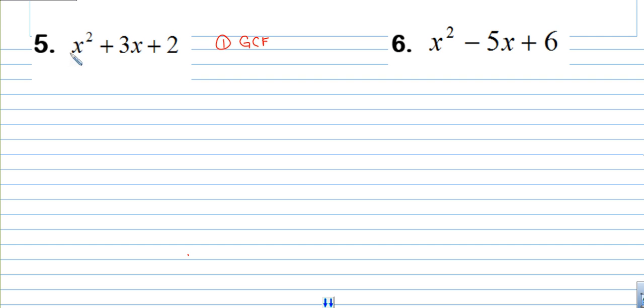Now, if you notice, there's no number in front. If there's no number in front, more than likely, there's going to be no GCF. But you can double check anyway. So technically, that's a 1. 1, 3, and 2 only have a 1 in common, so no number will come out. If you notice, they don't all have an X, so there is no GCF. We're done. Then it's a trinomial, so we need to do the X game, or the X factor, or X